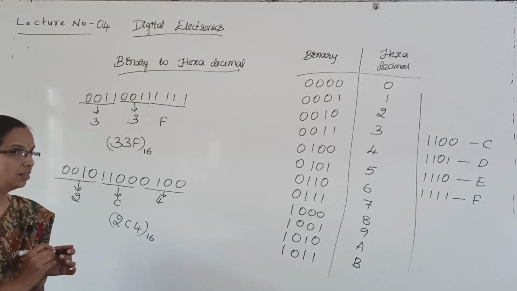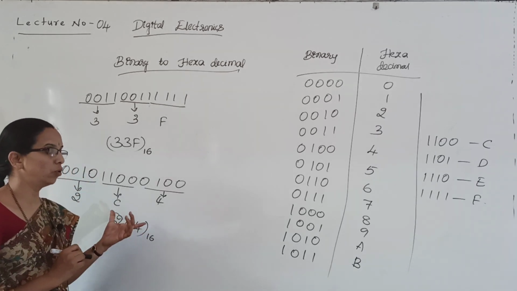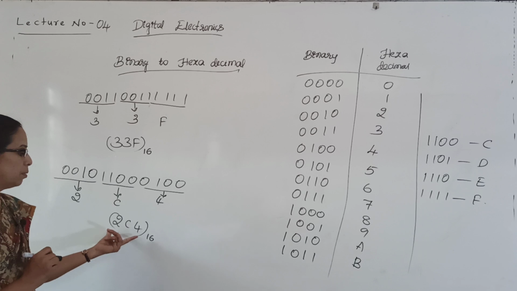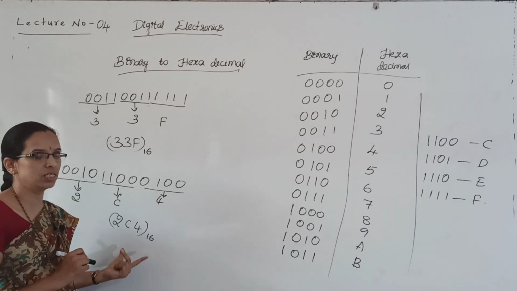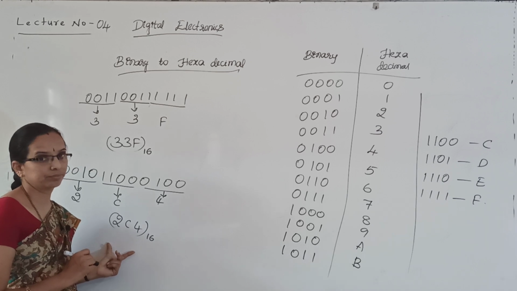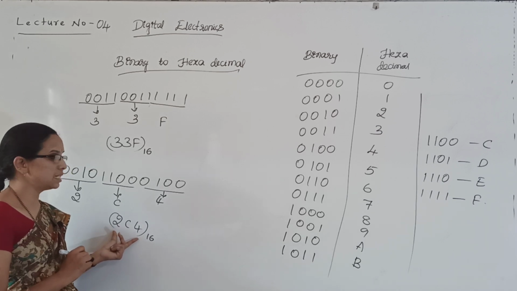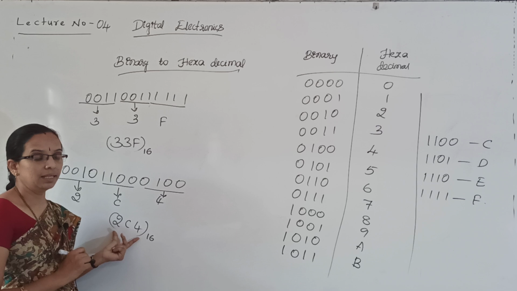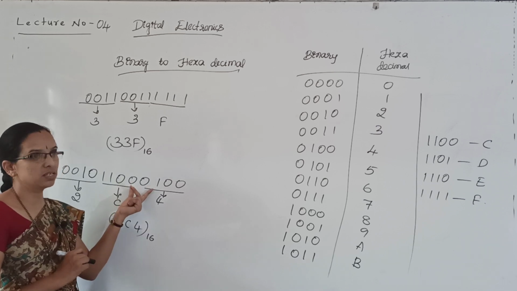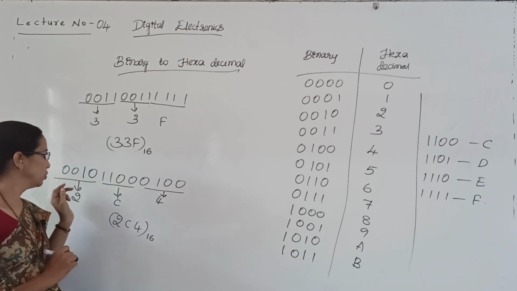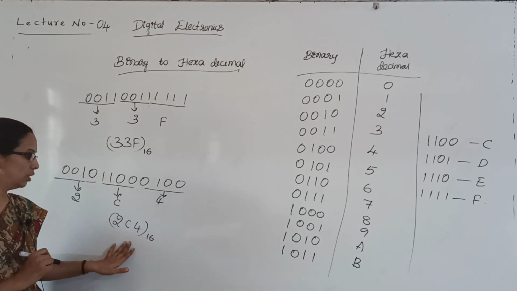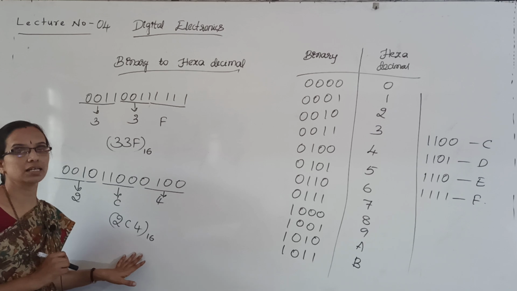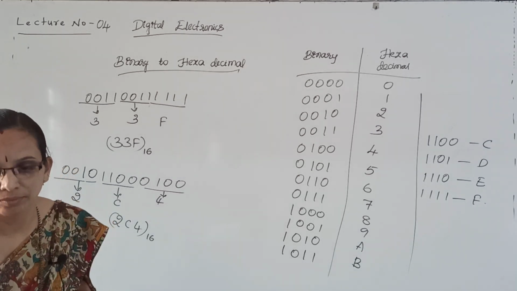See, they have told us a hexadecimal number can be used to represent larger binary numbers in a more concise way, as you can see here. Only 3 digits are required to represent the same quantity which is represented in binary using some 12 digits. So only 3 digits are enough in hexadecimal. Okay.